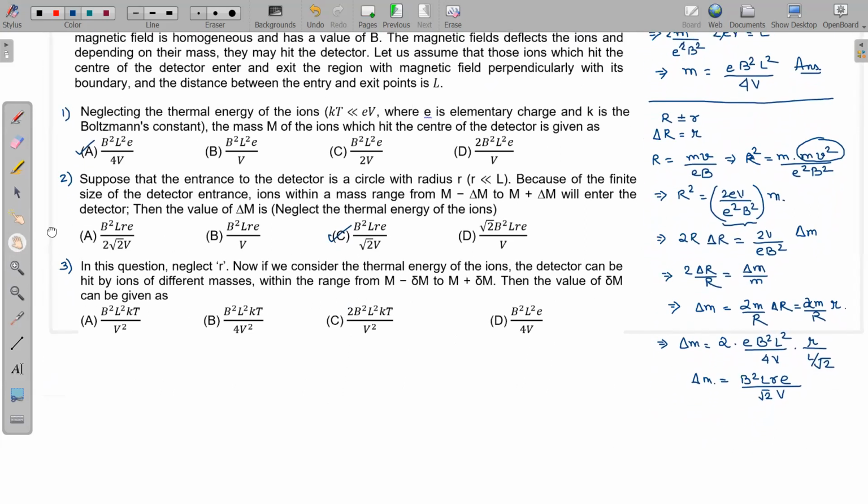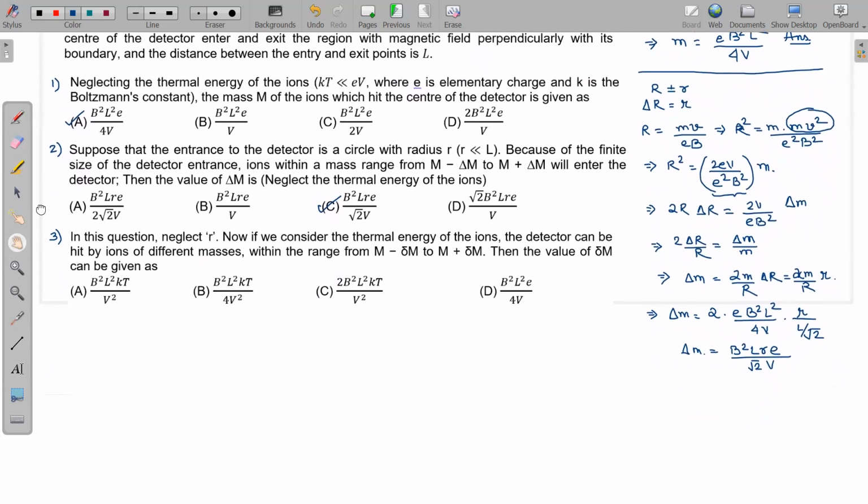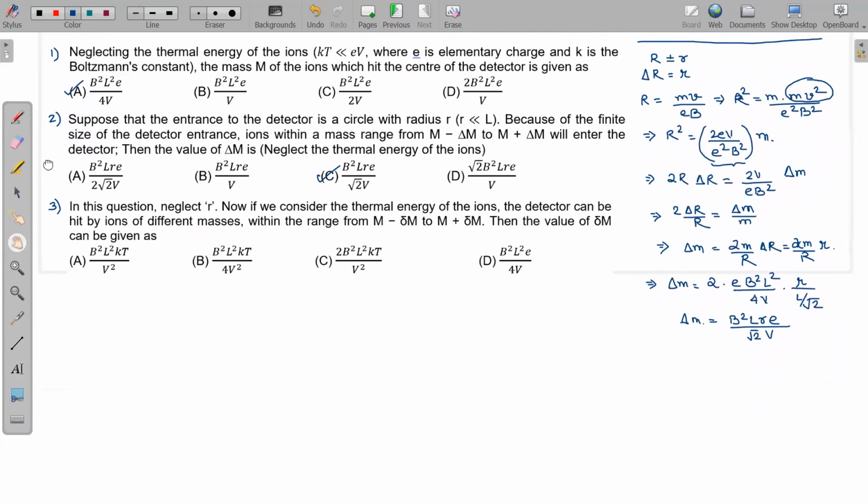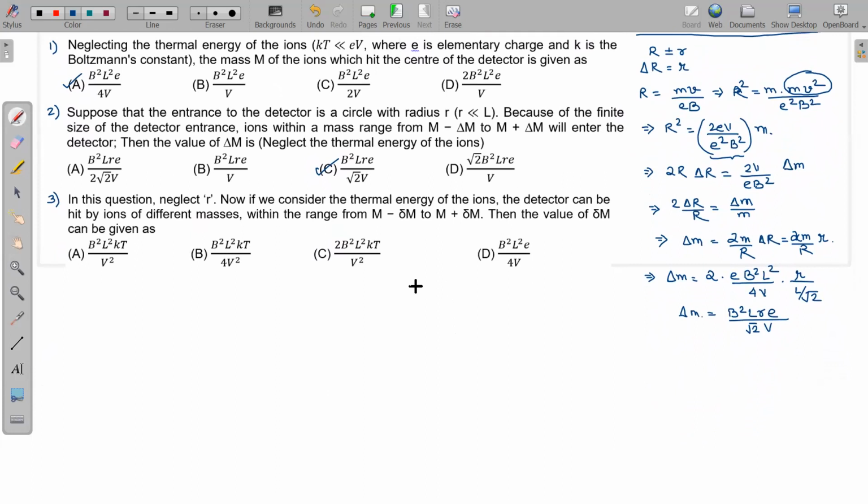And in the last part of the question, it is said that you need to consider the thermal energy of the ions in this part. So you see, when we are accelerating these ions, apart from the accelerating energy, accelerating potential V, now we also need to calculate the thermal energy. So what will be the total energy of the ions? It will be E into V plus K into T. Okay, this will be the total energy of the ions. So you can write this expression as E times